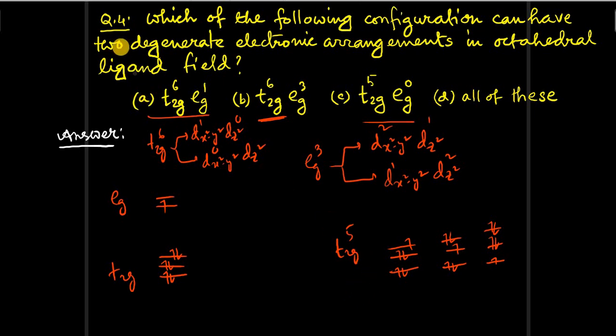Okay, so in the question it should be written can have degenerate electronic arrangements. The word two should not be there. In that case C cannot be the answer. So the final answer will be option D, all of these. All of these can have degenerate electronic configuration. Option C will have 3 degenerate configurations. A and B will have 2 degenerate configurations, which later you will see in higher studies that this degeneracy in configuration leads to the famous phenomenon Jahn-Teller distortion of molecule.